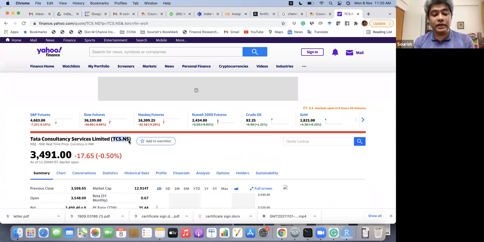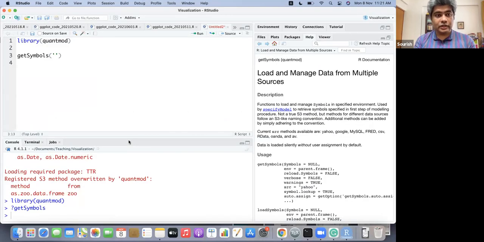This is typically called a ticker. So you give this value, TCS.NS, and the source you have to give, I think it is Yahoo by default, but we can just give Yahoo. And if you run this code,